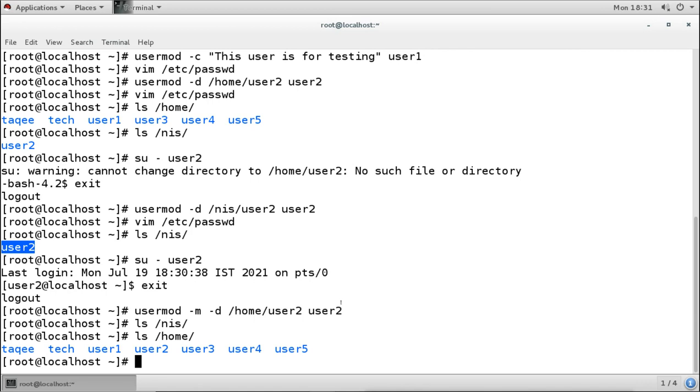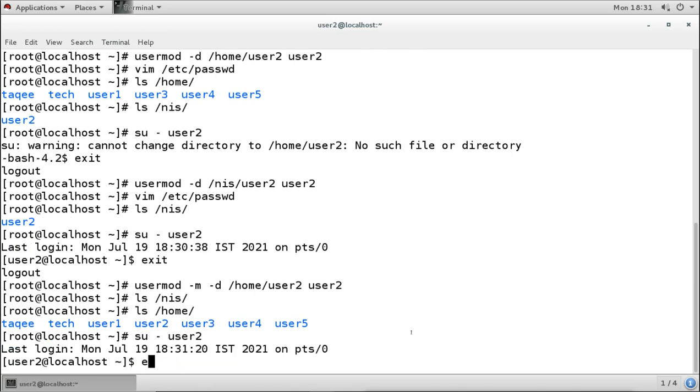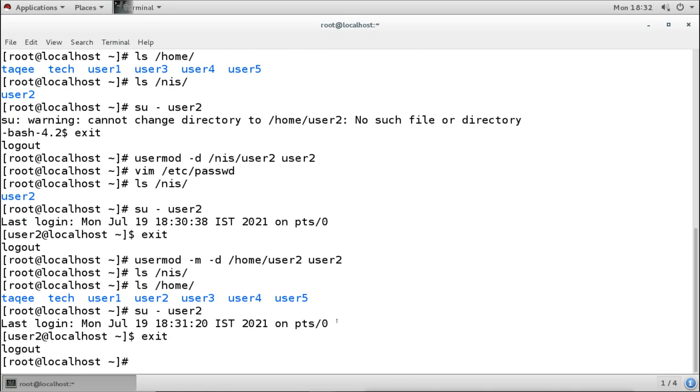Now you see the home directory is under /home, and when you switch the user, it will not show the error. So whenever we change the home directory with the usermod command, we have to use the extra option -m, so that under the configuration file and in reality, it will also move the directory.